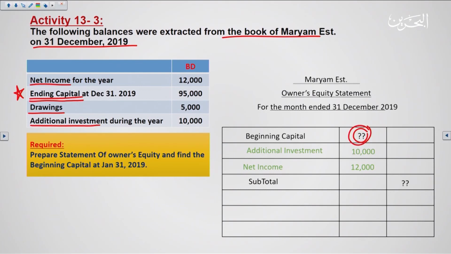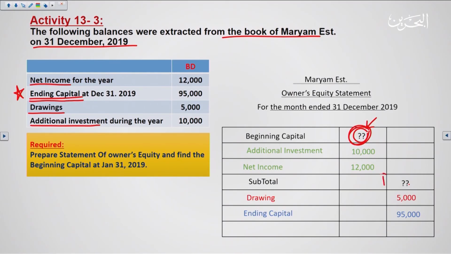So again, I will come back later for this amount. I will write down now the event that will decrease the capital, which is the drawing. It is equal to 5,000 BD, and they give us the ending capital, 95,000 BD. Now, in this kind of question where you have to calculate the beginning capital, I will start from the end of the question,